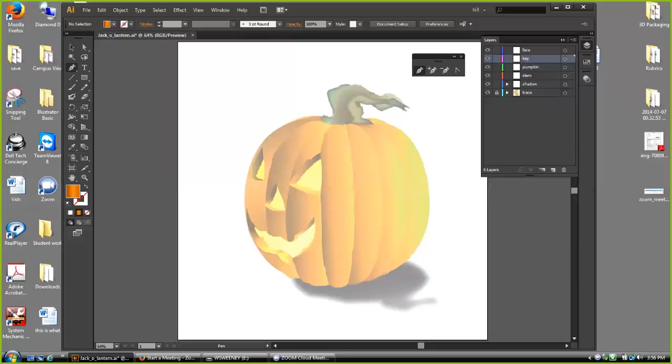So the next thing that I'm going to do is use my pen tool, and I'm going to click and start placing my points in a very random way. This is another thing I want you to understand here: this is a pumpkin. It's a natural thing. If you take a look at a pumpkin, they're not very regular in appearance, so you don't want these lines to be incredibly neat. You want them to have character, and you get character by playing little loose games with it. Now, notice that as I do this,